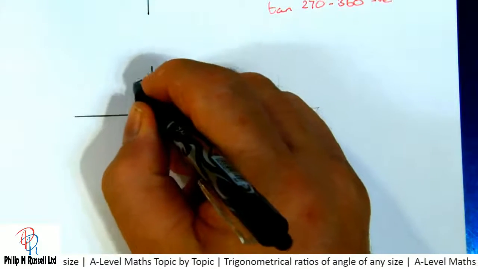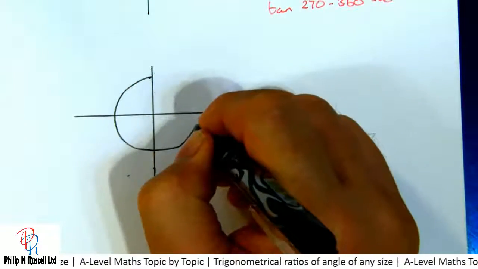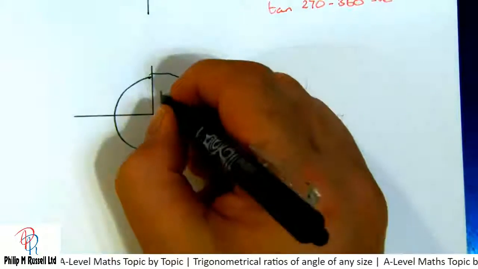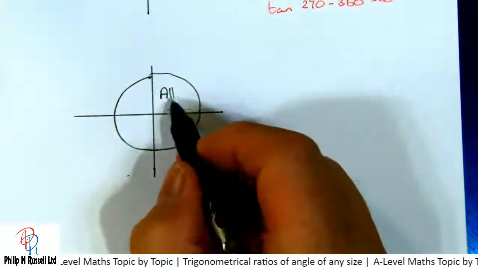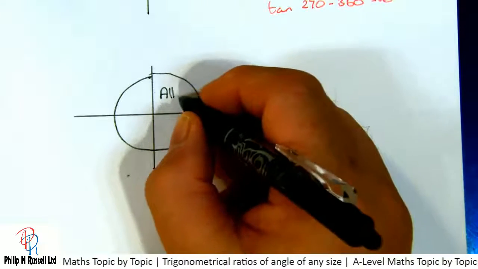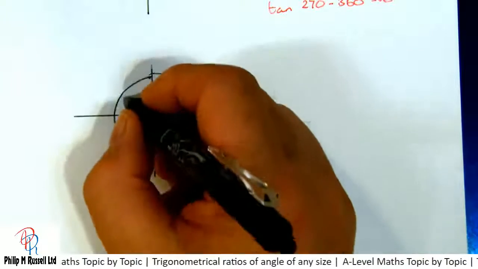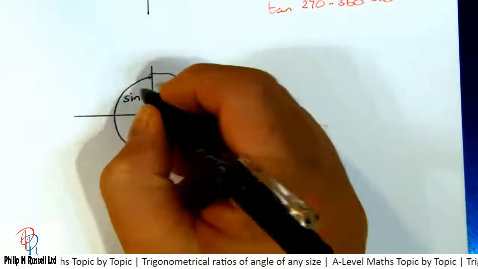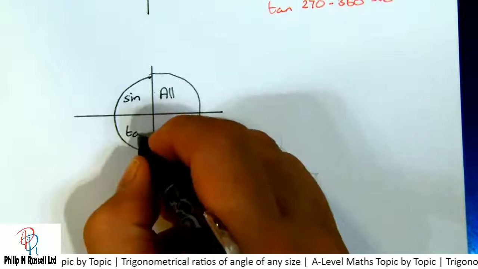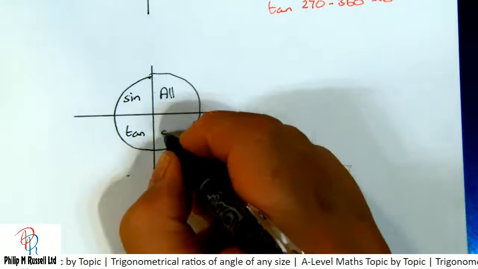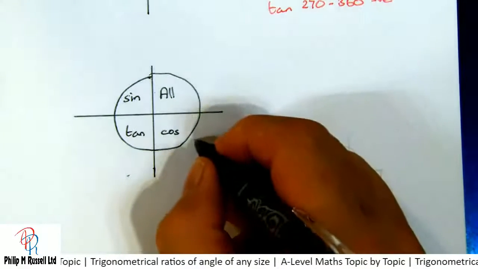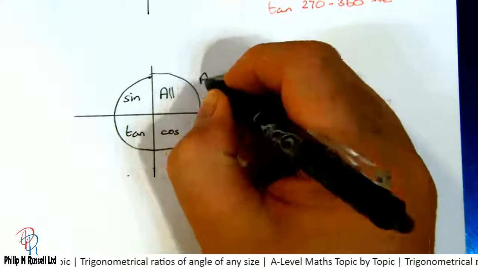If I draw out my circle, we know here that all of the sines, cosines, tangents are going to be positive. In this quadrant only, sine will be positive. In this one, only the tangent is positive, and in the last one, only cos is positive. And that gives us C-A-S-T,